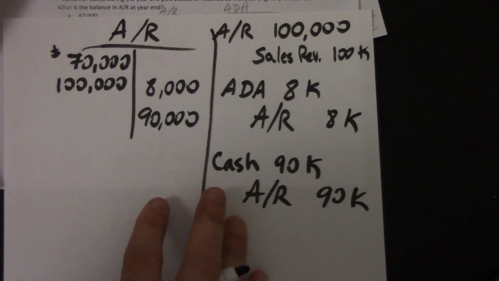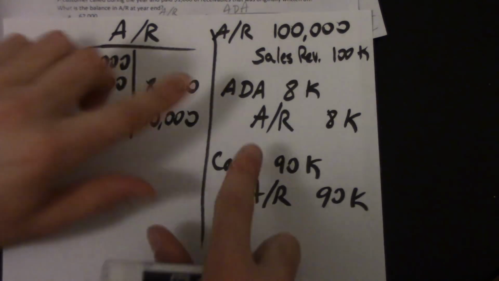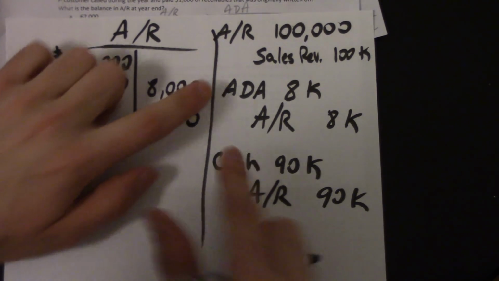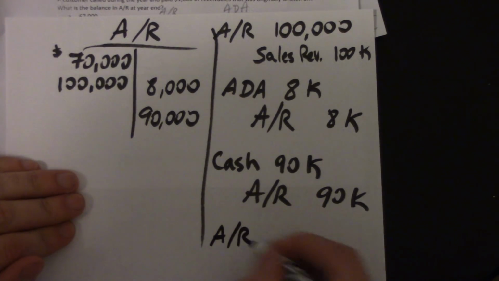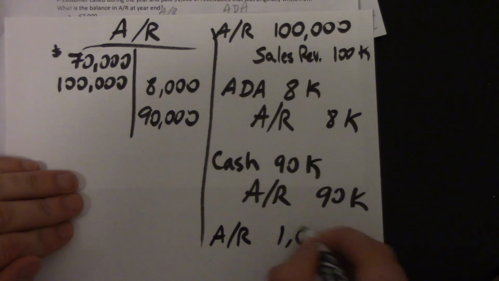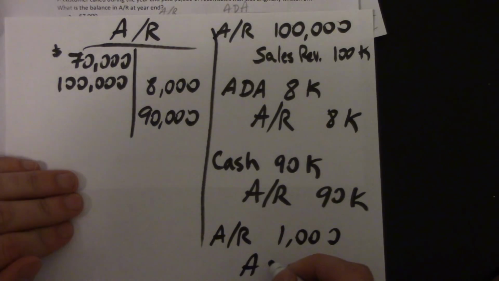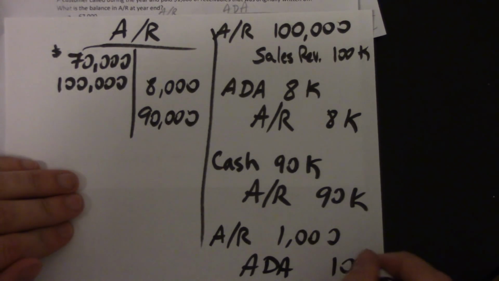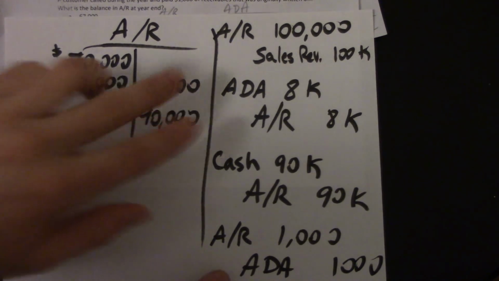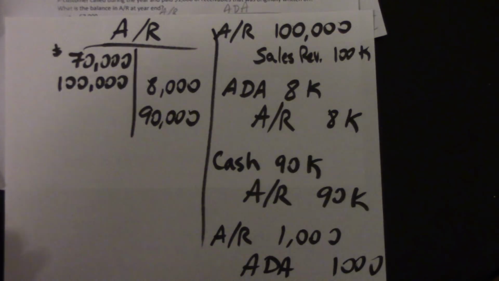So when we have a reversal like that, we're going to reverse this original entry. So we debit accounts receivable for the $1,000. Debit accounts receivable by $1,000, credit allowance for doubtful accounts by $1,000. So we're literally just reversing what we did. Then they paid us